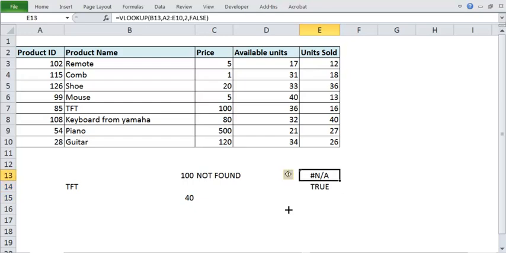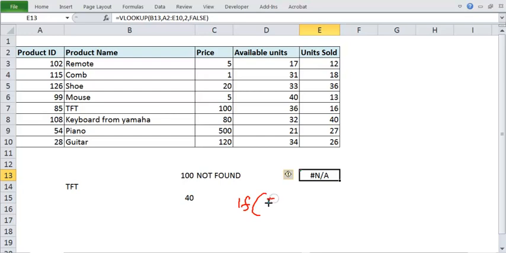As an example, let's say if I get this NA, it may not be correct. What if, instead of NA, whenever NA comes I say that this value is not found? So we can take help of the Excel IF condition. So we'll try to find what this Excel IF is.